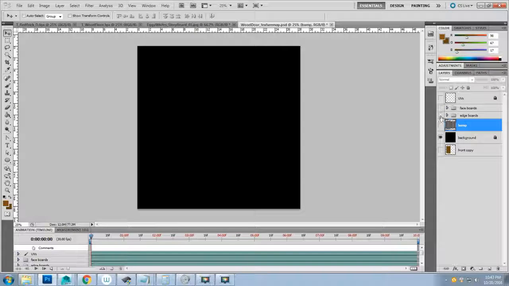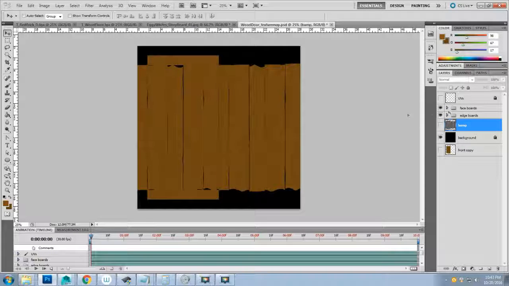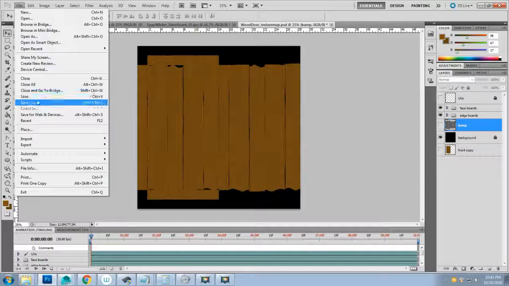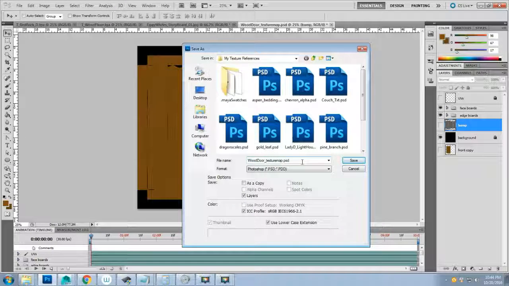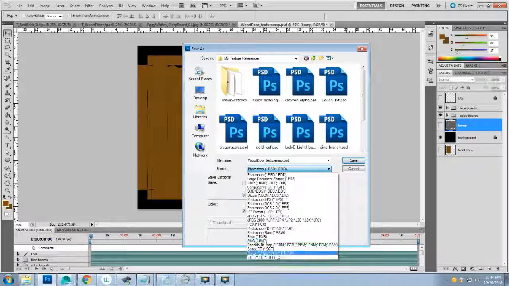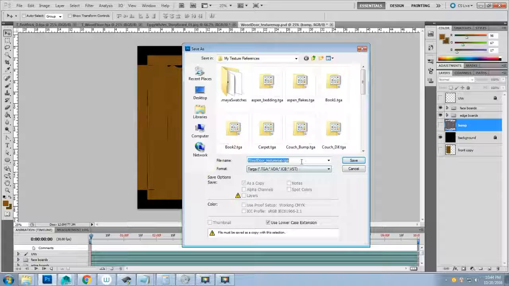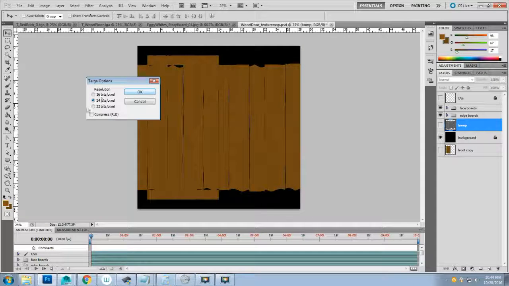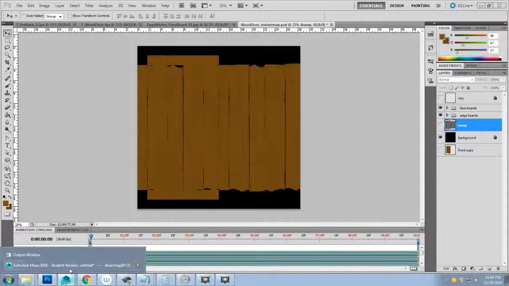And I will turn my bump off, and I will turn my other two board layers on. File, save as. And this is going to be my colored channel. The colored channel is just your diffuse channel. So Targa. And I'm going to go in here just after my texture map, underscore D for diffuse. Again, 24 bits is fine. Hit OK. And if I jump back into Maya,